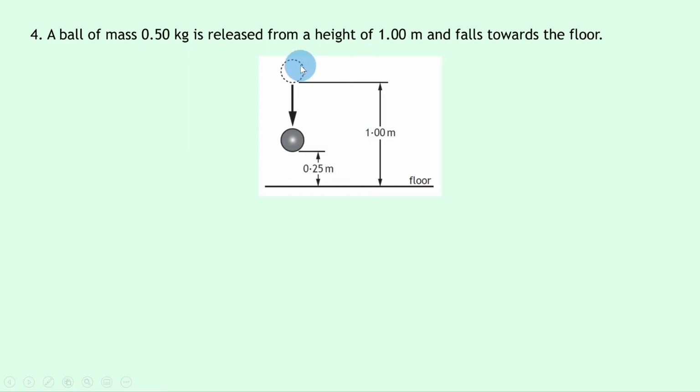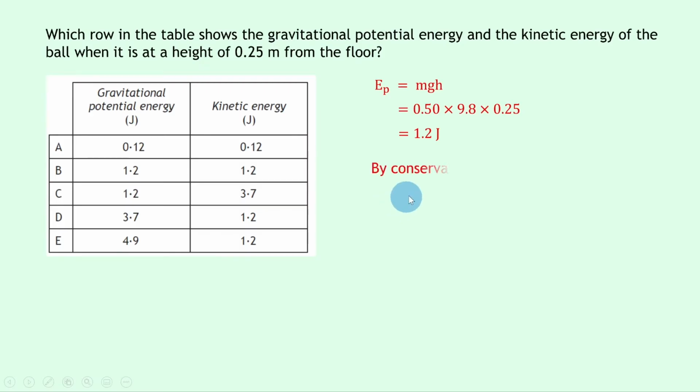So we're going to assume that the gravitational potential energy at the start is converted into kinetic energy for the ball when it moves, and we're going to assume no energy losses due to friction or air resistance. So by conservation of energy, we can say the kinetic energy EK is equal to the change in gravitational potential energy, which is equal to the gravitational potential energy at the start minus the gravitational potential energy at the height